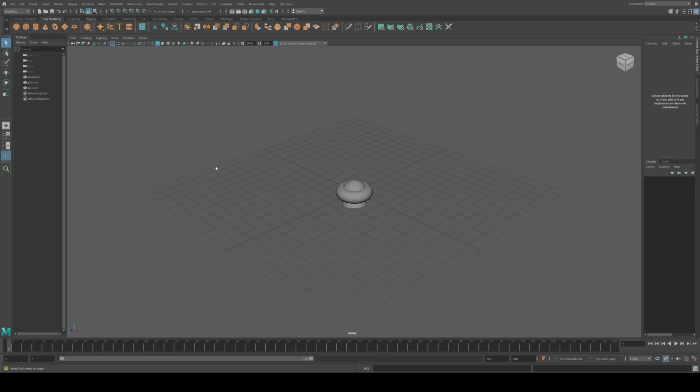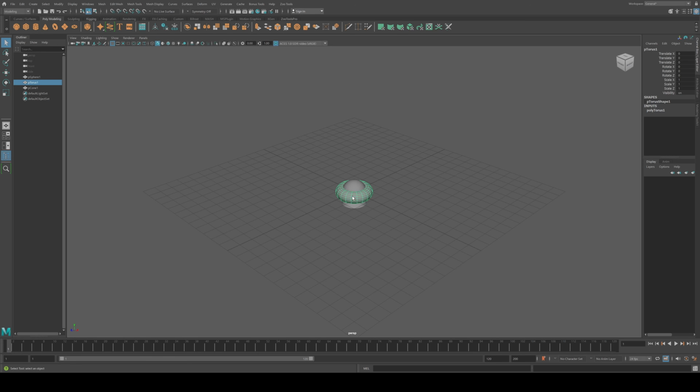The beauty of the select tool lies in its utility. Whether you're positioning a model, defining an animation path, or even just exploring your scene, this tool is your go-to. Let me show you how it works. I can simply select with the left mouse button all the different objects in my scene.